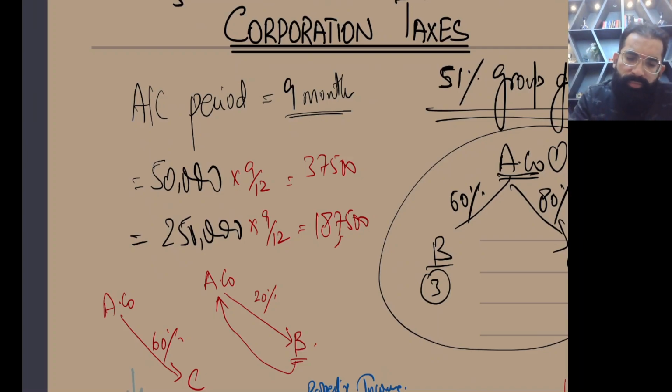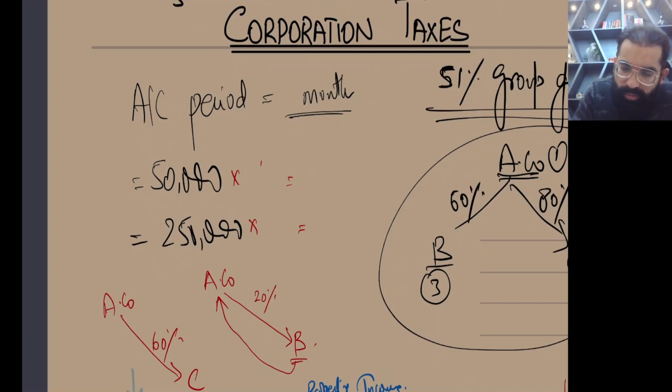Okay. So what if your accounting period is 6 months only? If your accounting period is 6 months only, then how are you going to do it? So 50,000 into 6 upon 12, and 250,000 into 6 upon 12. So this will be 25,000 and this will be 125,000. So my respected student,